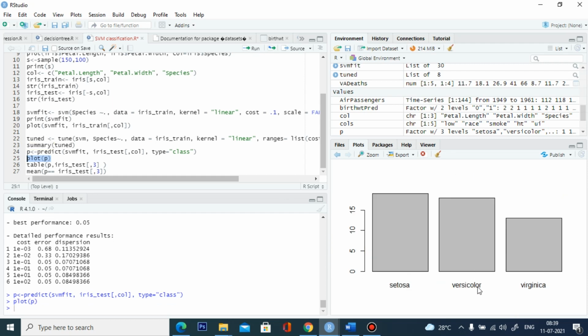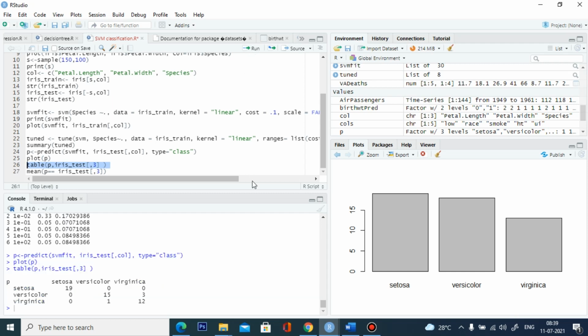Okay, Setosa, Versicolor, and Virginica. So it will give more information in our table. Okay, so in the table it shows that it has a very good classification. Compared with Virginica, there are a total of 13, and only one is wrongly predicted. The rest are correctly predicted.